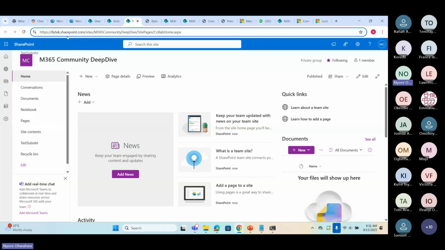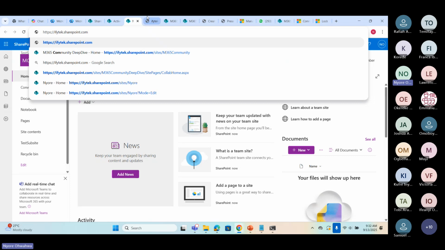But for you to be able to change your organization name the second time, you have to raise a request to Microsoft, and then Microsoft will move it to their engineering team to enable you to rename for the second time. You also have to give Microsoft a reason why you are changing it for the second time, right? And then they will look at your reason and say, okay, we'll enable it for you. In most of the cases I've worked with, Microsoft has enabled the second rename. So that is just an overview of domain rename.